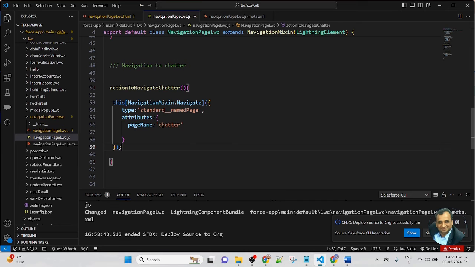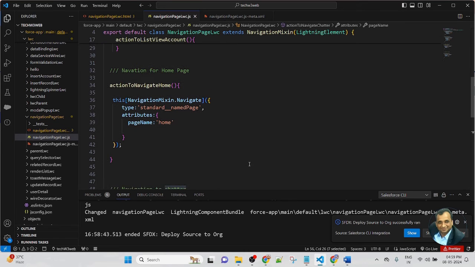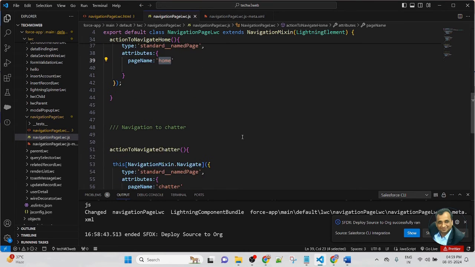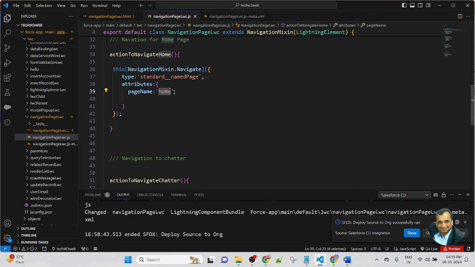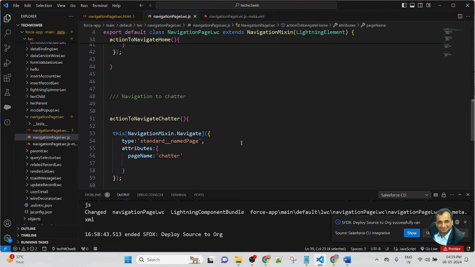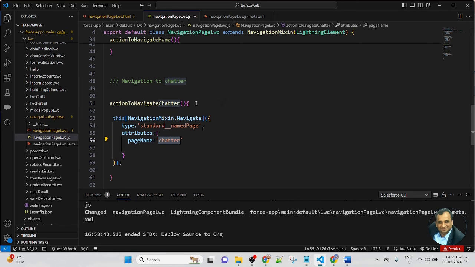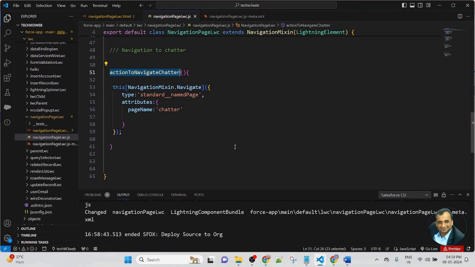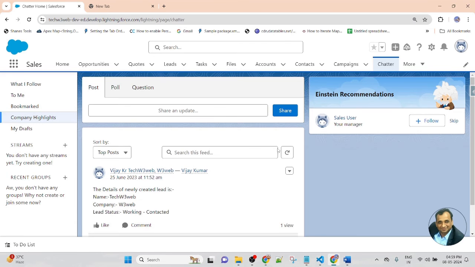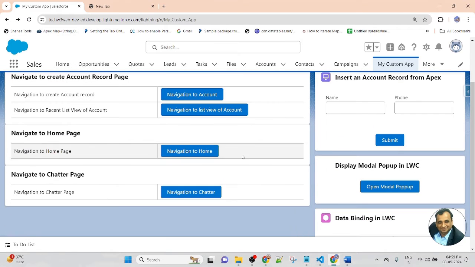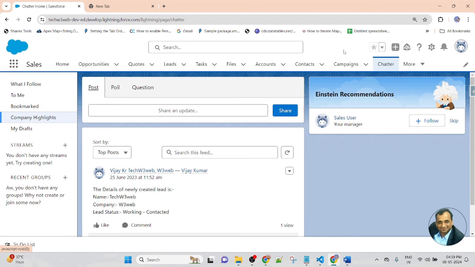Here I am giving the reference of Chatter. In the home page I gave the reference of home. The reference code is the same. The only difference is that I am using Chatter and created a new function for the button. So when I click on the button, it automatically renders the Chatter page.